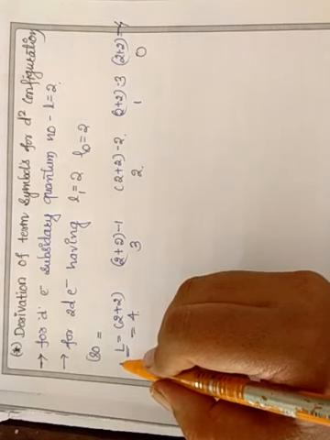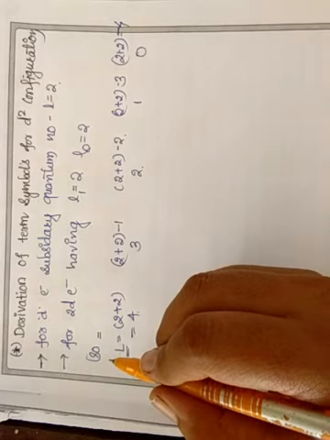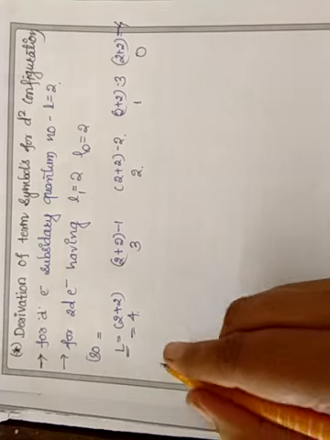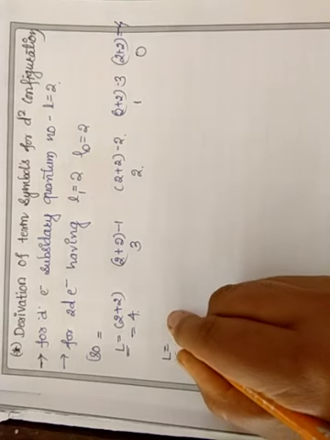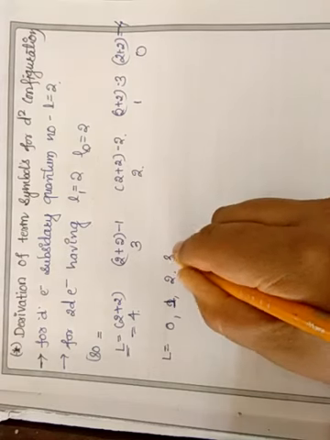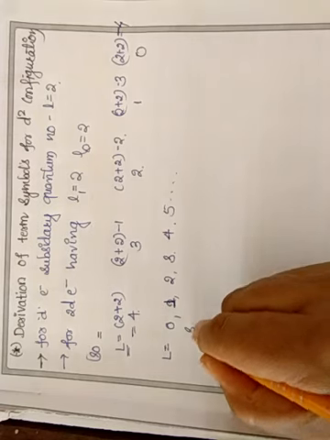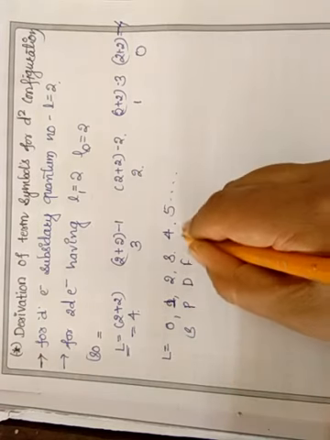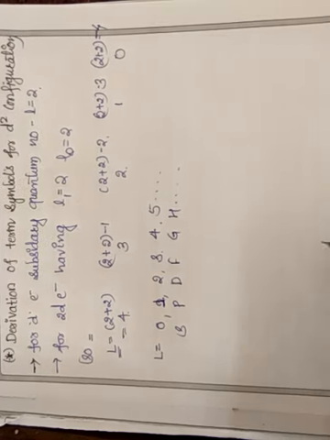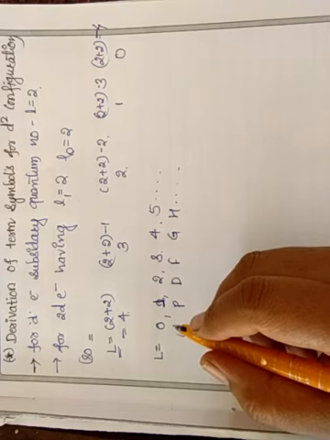In this way we have to calculate the subsidiary or azimuthal quantum number for the d2 configuration. The values of L represent the S, P, D, F, G states. What I want to tell you is that if L is equal to 0, 1, 2, 3, 4, 5 and so on, then it will represent S, P, D, F, G, H. And the value of S can be obtained here as plus or minus half, isn't it?